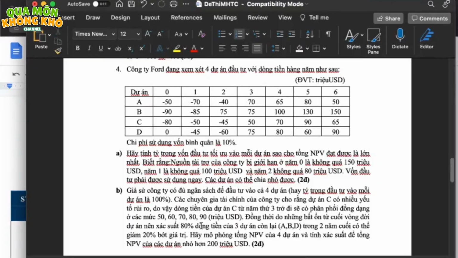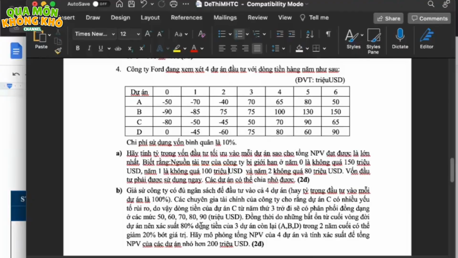And the question is, let's simulate the total NPV of the 4 projects